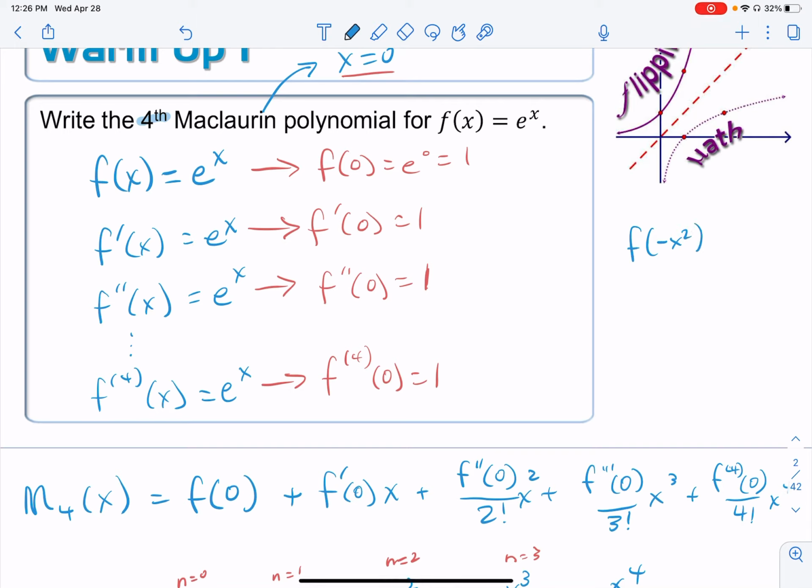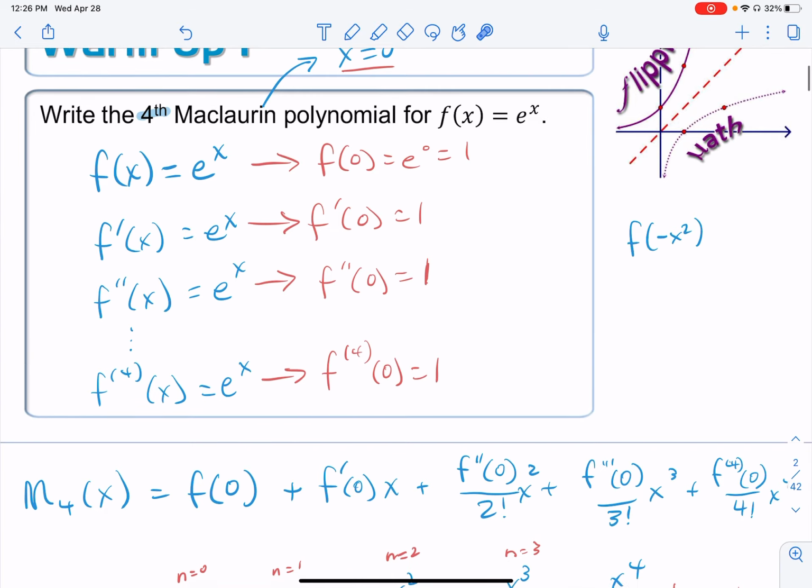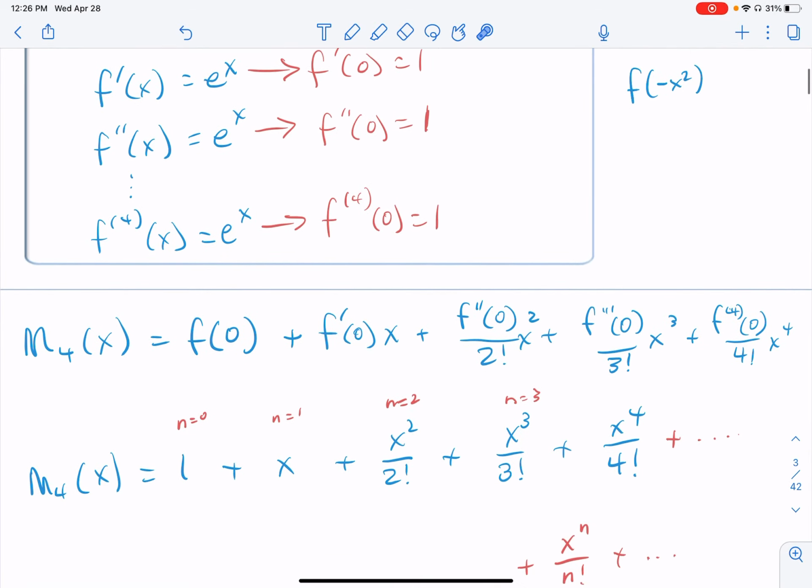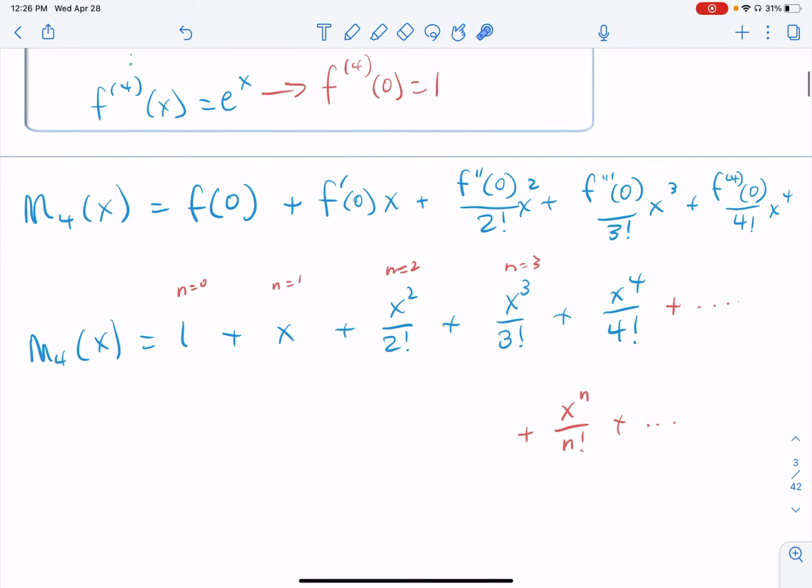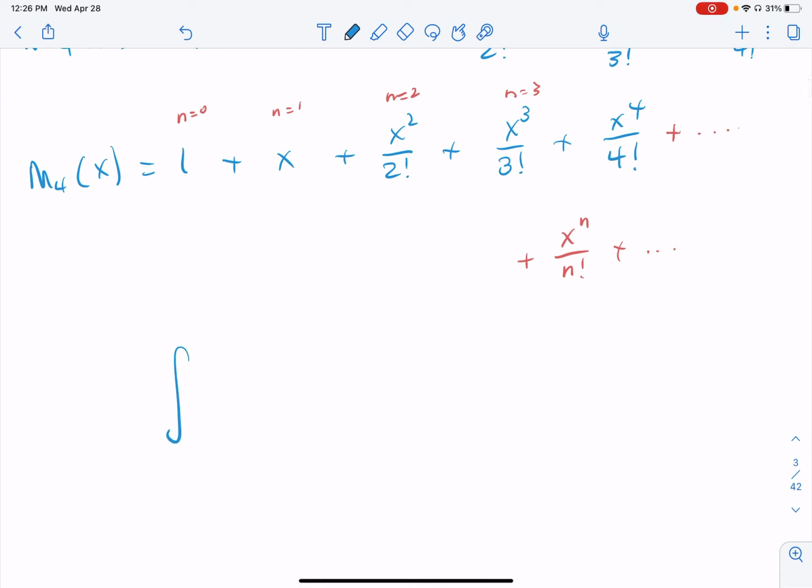I do a composition, and we saw from the previous lesson that we can form another power series by just doing this composition here. So we would just plug in a negative x squared for each one of these. And then we would take the definite integral of this whole entire thing from 0 to 1, and really it's just a whole big polynomial